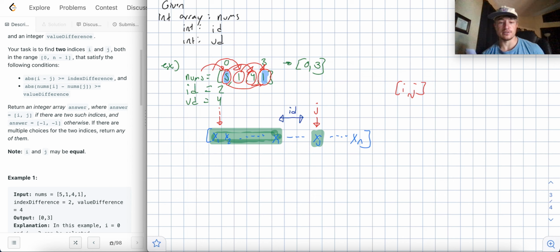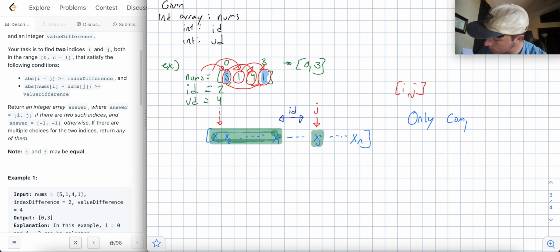And we say, okay, that's the answer. All right. So that's kind of the first part, right? The first part is a realization that we only compare x_j to elements x_i where i is at least